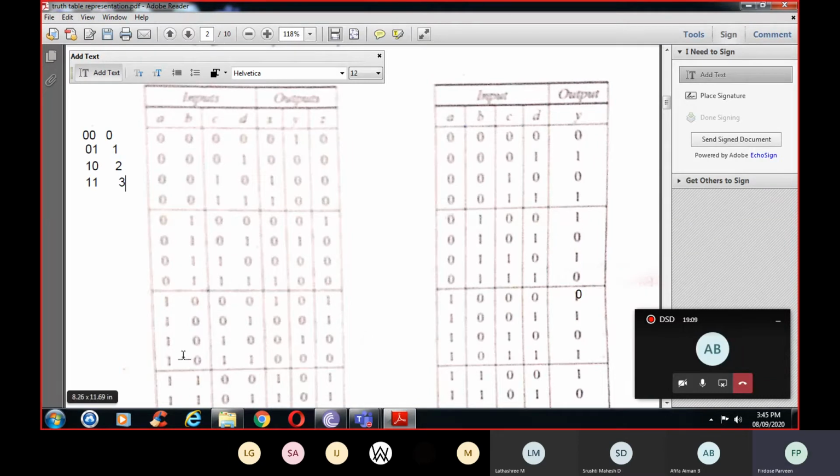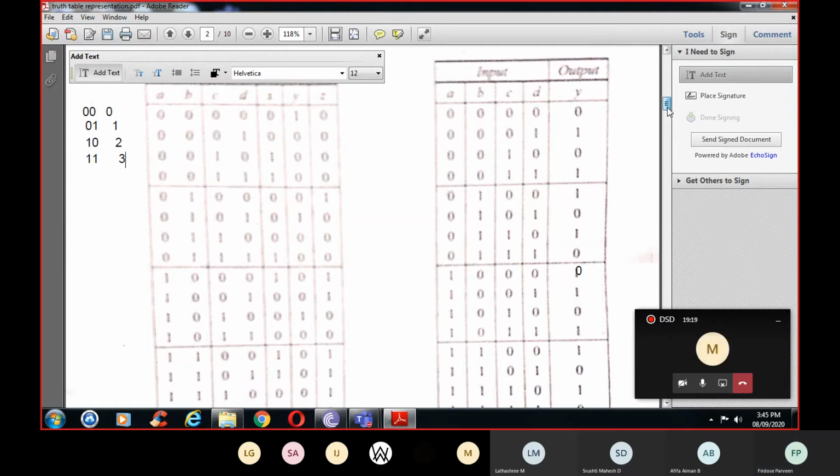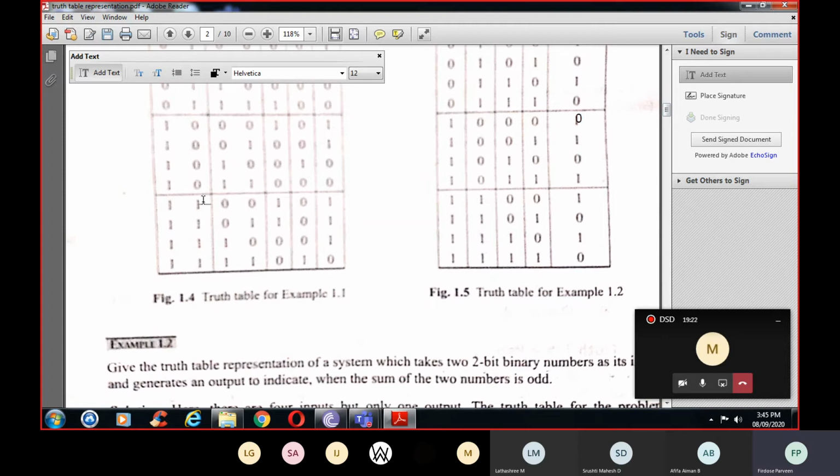Here it is 2 and here it is 3. Again it is not differing by 2. So it will be 0. Okay. So here 1, 1 means 3. 3 minus 0. It is differing by 2 and it is more than that. They have told if it differs by 2 or more, then there should be output. That is, it should be 1. So here it is 1.